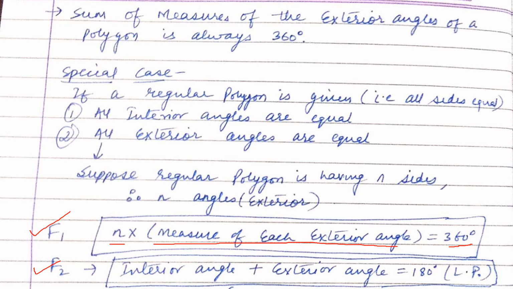If you take any polygon, suppose a triangle, if this angle is given to you as 30 degrees, how will you find the exterior angle? Very simple. You just extend the line and we know this is the exterior angle. If you observe, this interior and exterior are forming a straight line. That is why I gave you this formula, that is interior plus exterior equal to 180, because they form a linear pair.